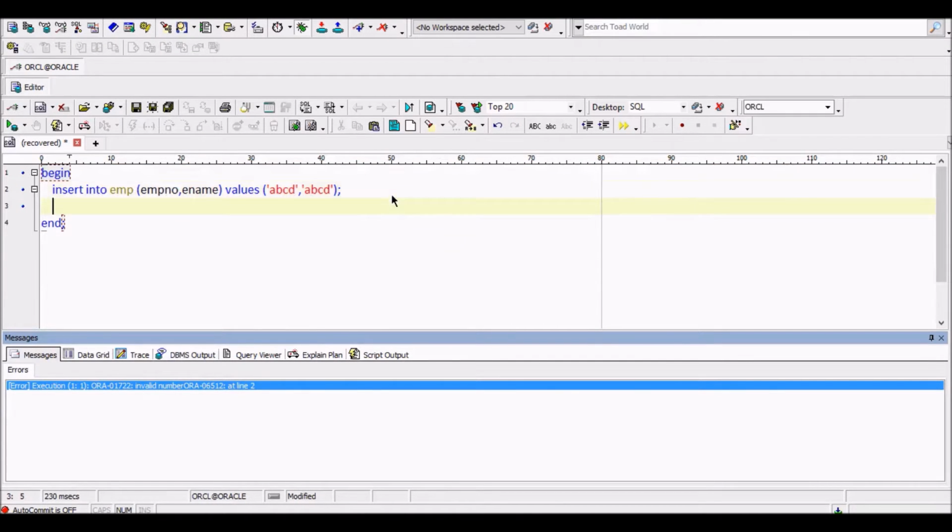So how to handle that error? We use the exception. EXCEPTION WHEN INVALID_NUMBER THEN DBMS_OUTPUT.PUT_LINE.